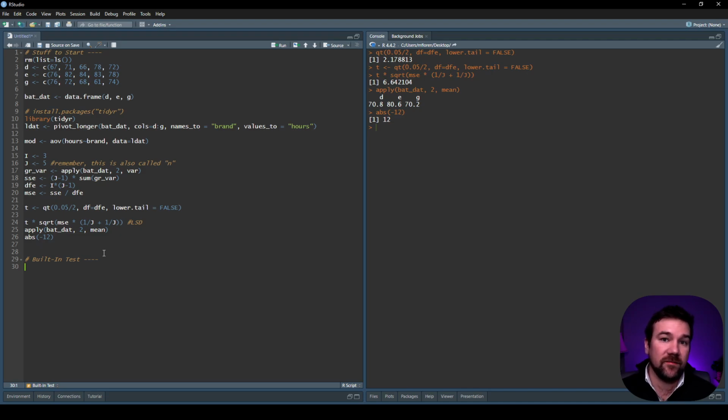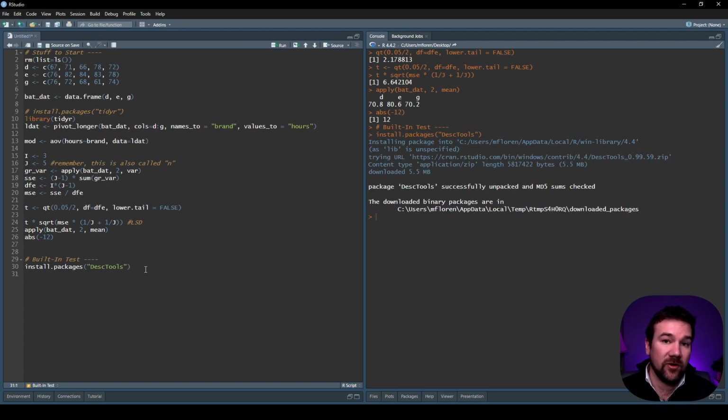So for the built-in tests, I'm going to need a new package. I'll do install.packages. And I'm going to be using DescTools, with a capital D and a capital T. So I'm going to go on and install that. Remember, I only have to install it once per computer. After that's installed, I'll comment it out, and then I'll do the library command to tell R, yes, I actually want to use it right now. You'd think R would know if I just installed it, I want to use it right now. But sometimes it doesn't. So this says, yeah, go on and load up DescTools